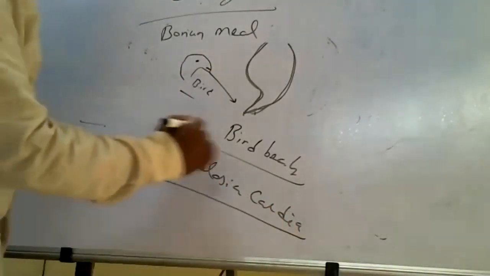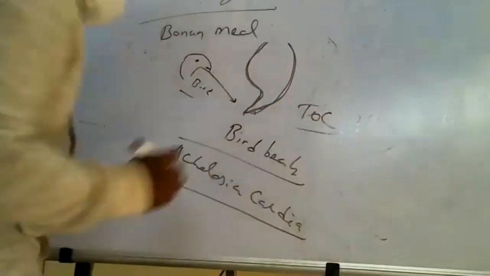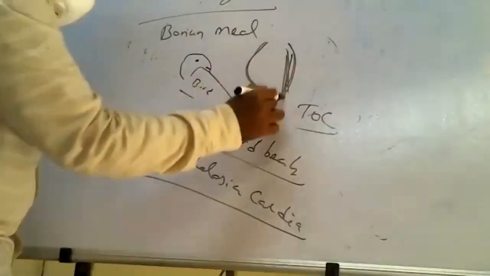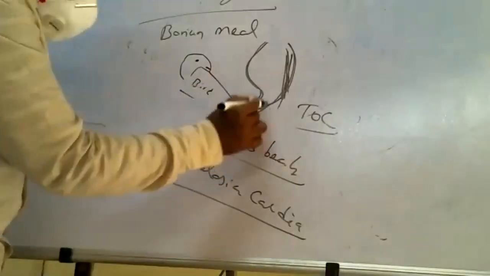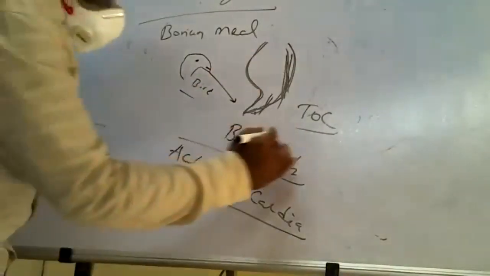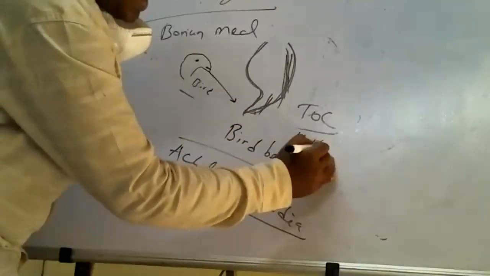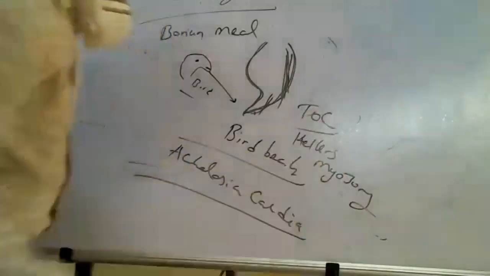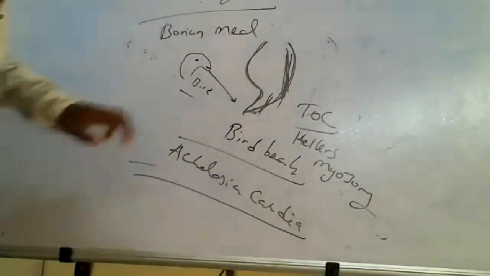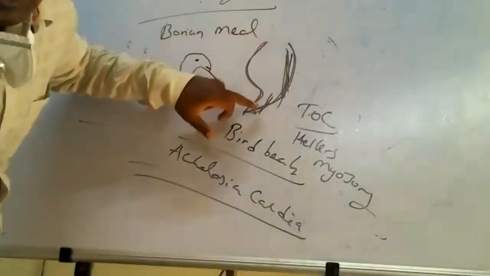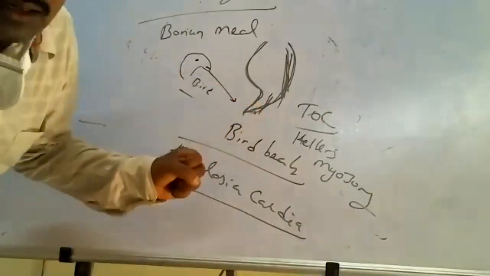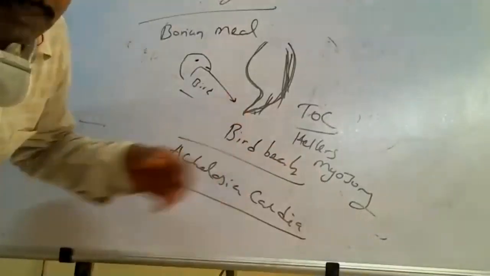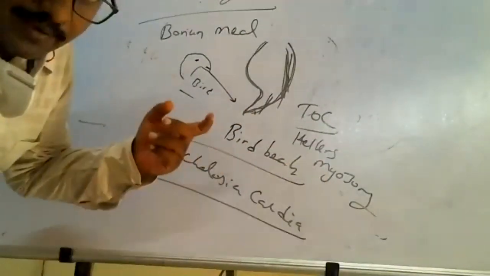So what is the treatment of choice? The treatment of choice is an incision on the muscle of the esophagus and the muscle of the sphincter. So this is called what type of surgery? Heller's myotomy. You are giving an incision on the muscles of the esophagus, and on the muscles of the sphincter. This is called Heller's myotomy. So Heller's myotomy is the treatment of choice for achalasia cardia.